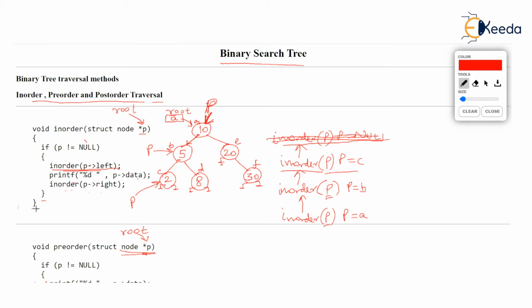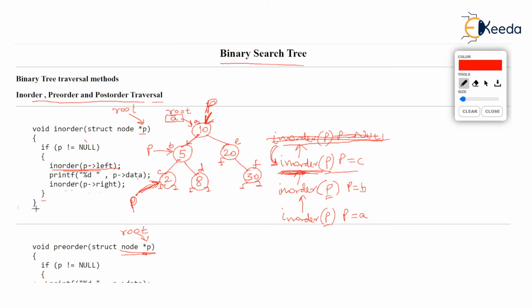So you know, in recursion, whenever a function ends, always the calling function resumes. So let's get back to inorder. Now please try to understand, we are back in the inorder function in which p was pointing to c. Pointer p was pointing to address c. We are in that inorder. So when we are back in the calling inorder, it will resume with the work which it was doing last time, isn't it? So what was the work that inorder was doing?